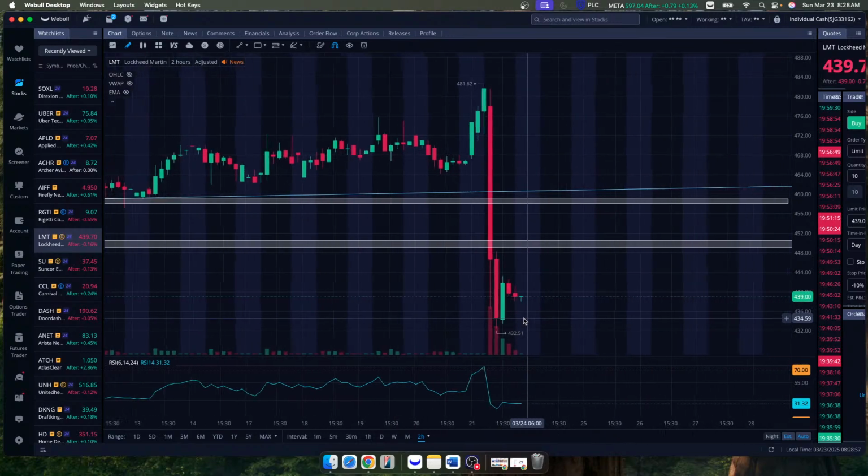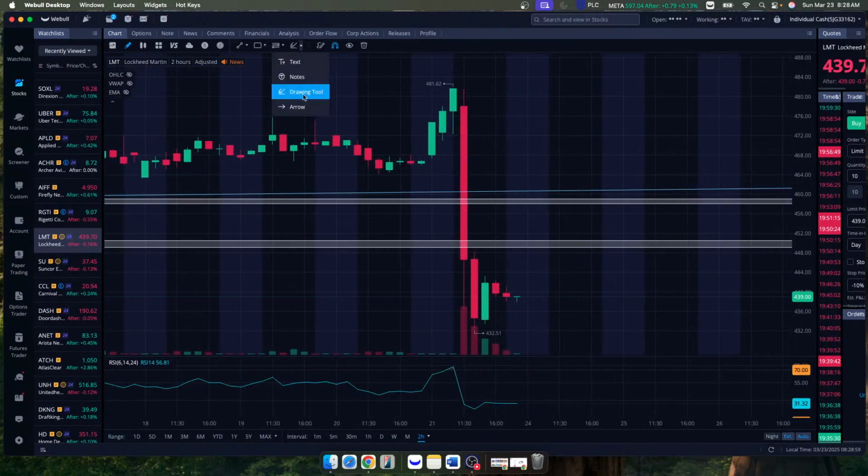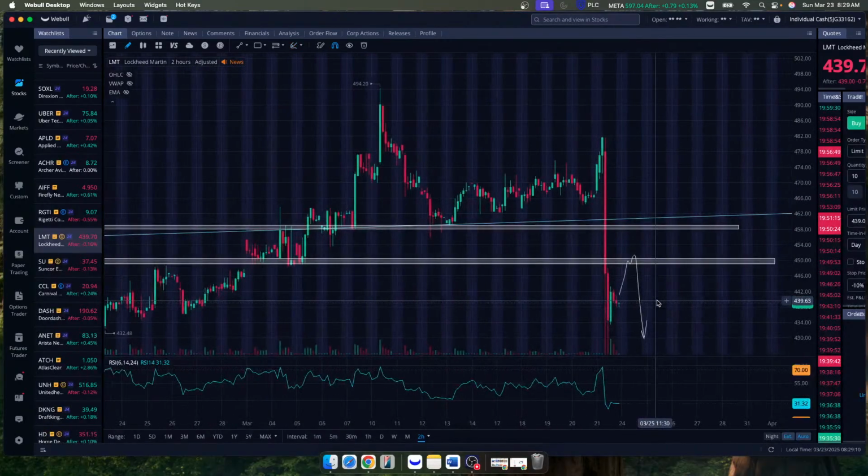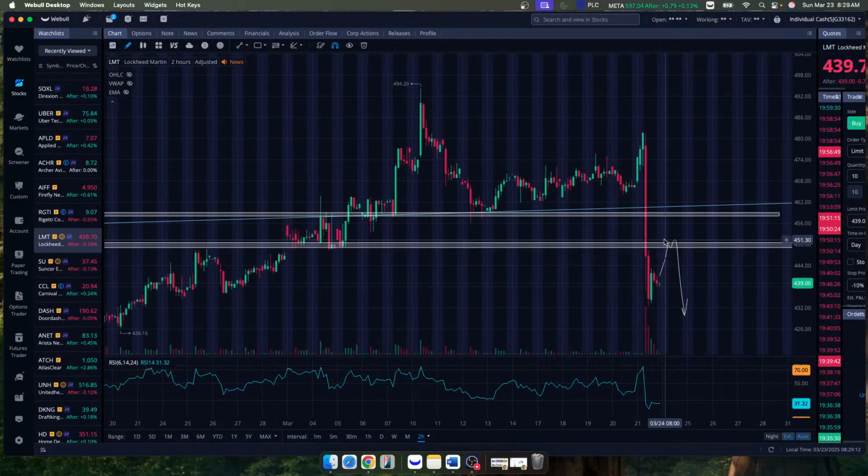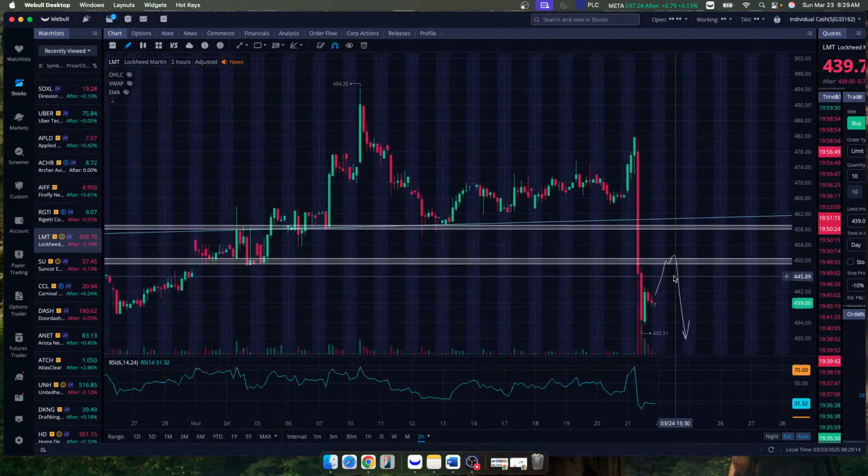So if I'm looking for a short-term trade on this, this is what I'm looking at right here, looking for this move back up to 450, consolidation, and then boom, sell-off. That's what I'd be looking for at LMT. You have the break. Let's get the retest. Let's be patient. Let's set the alerts for this and go from there.